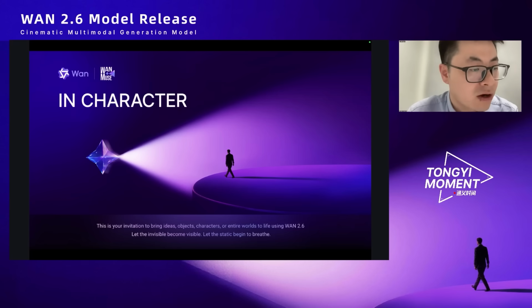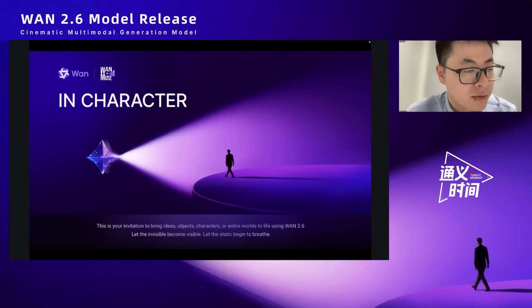We are calling on visionary creators from every corner of the world, whether you are a filmmaker, visual artist, animator, designer, or simply someone passionate about the power of visual storytelling, to join us on this journey of imagination and innovation.